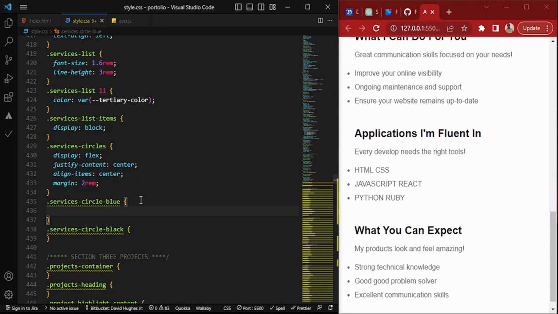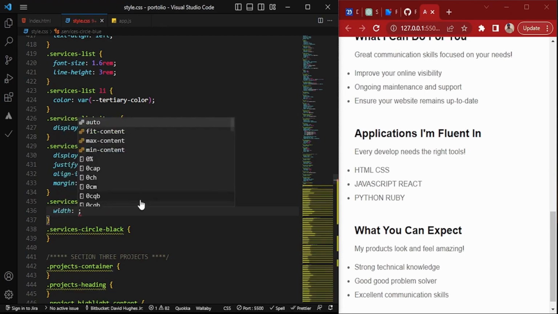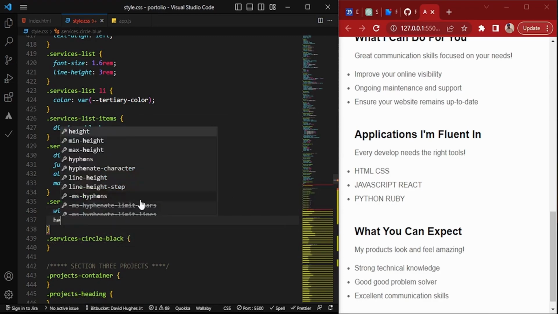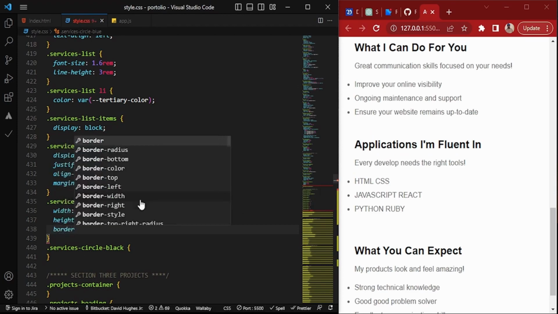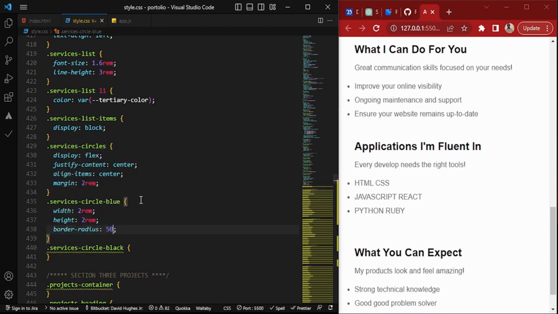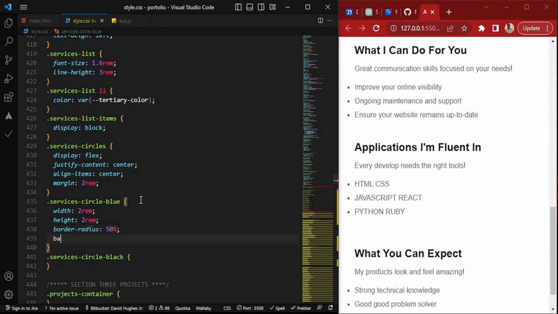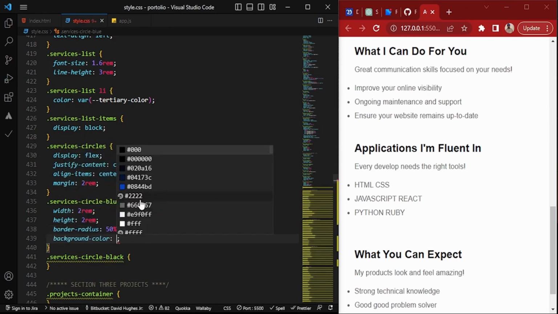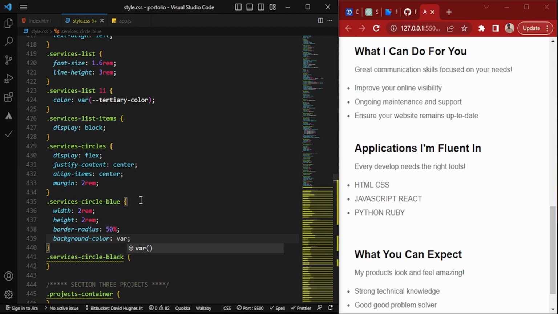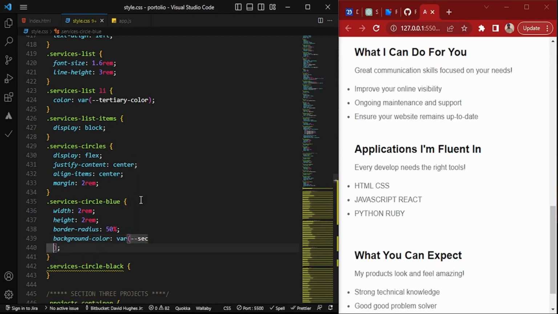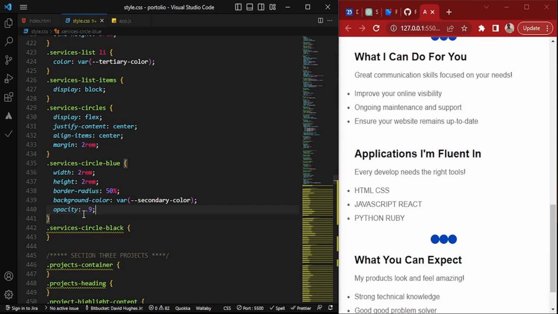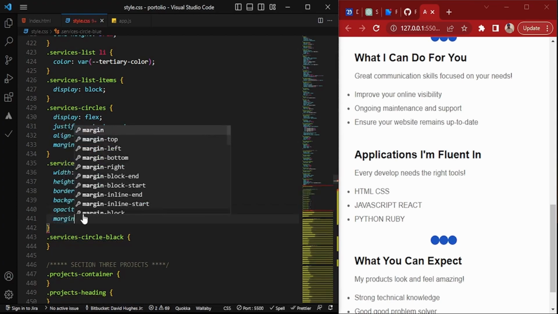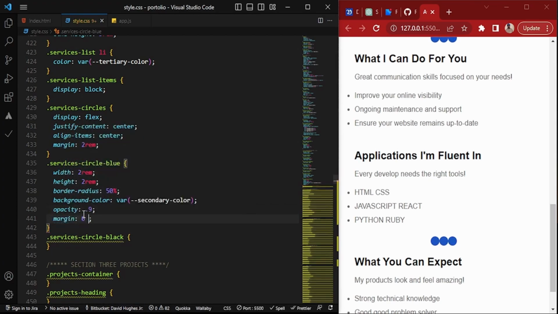and we'll add the color for this and the height and the width. So width will be 2 rem. Height will also be 2 rem. Going to add a border radius, and that border radius will be 50%. Next, we're going to add a background color, and that background color will be var secondary color. And so next, we're going to change the opacity. The opacity will be 0.9, and then we're going to add a margin,